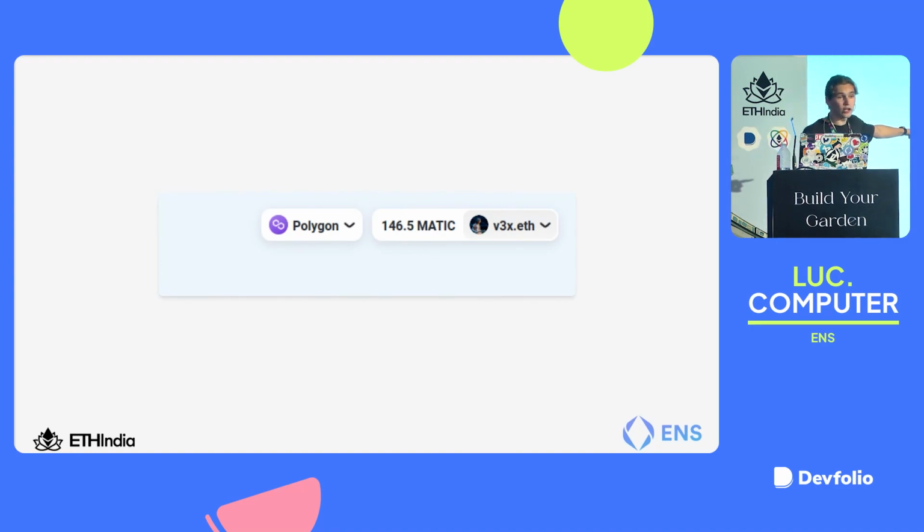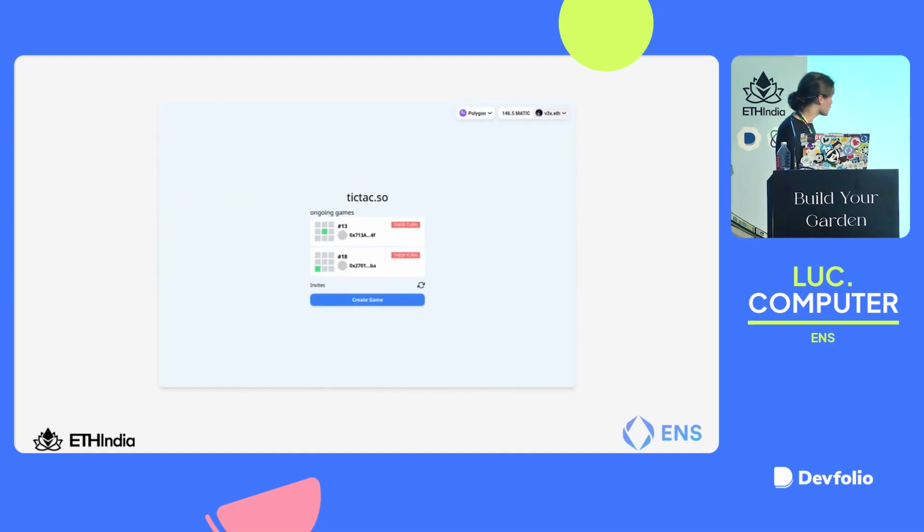So I'm on Polygon. My tic-tac-toe game is on Polygon because I don't have the time. I spent 4 hours to build this during a hackathon. I was high, hypothetically, because it was Paris. And I decided that I wanted it on Polygon because ETH mainnet fees for my very not gas-optimized app were not going to happen.